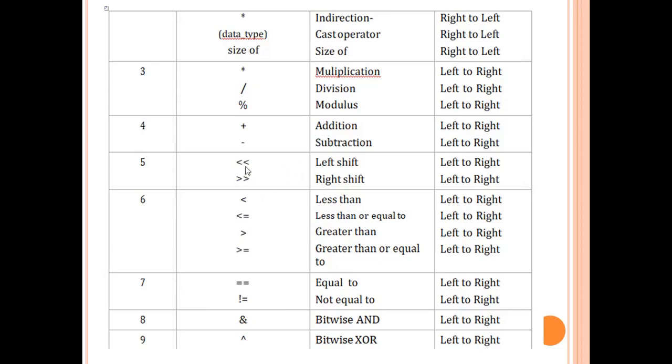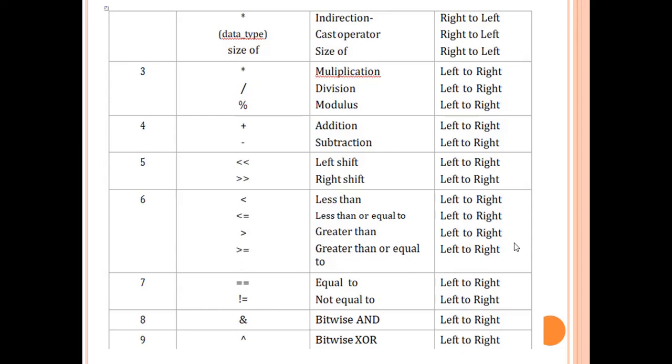And this is called the left shift operator, so this is having the associativity left to right. And this is the right shift, so this is having the associativity left to right. And this is the less than operator, so this is having the associativity left to right. This is less than or equal, this operator is having the associativity left to right. And this is the greater than symbol, and this is the greater than or equal, so this is also having